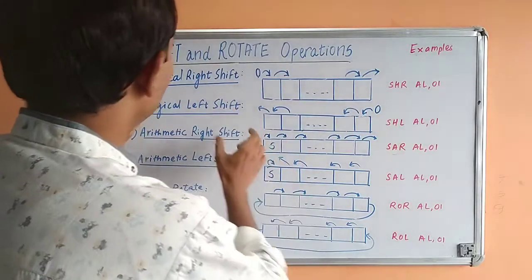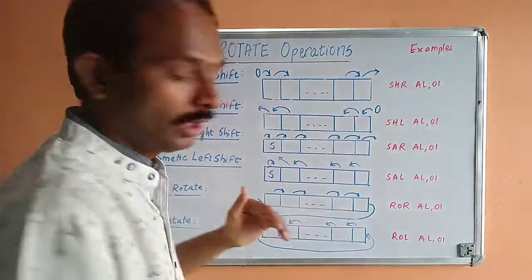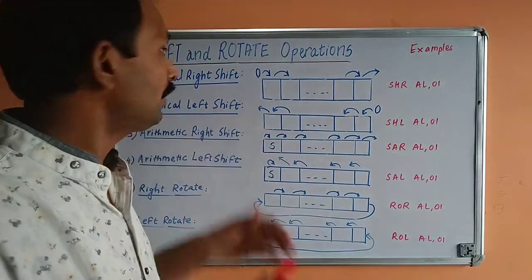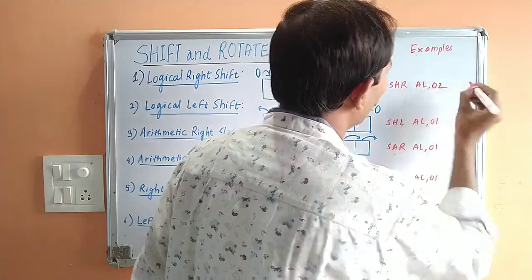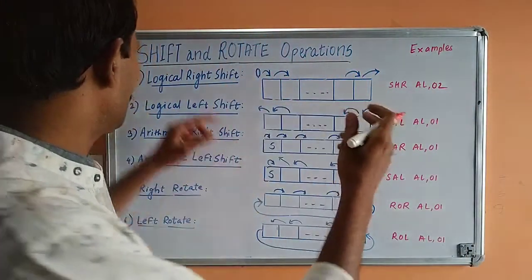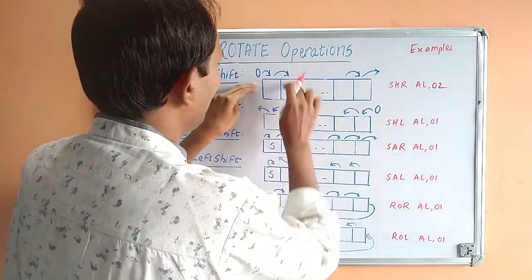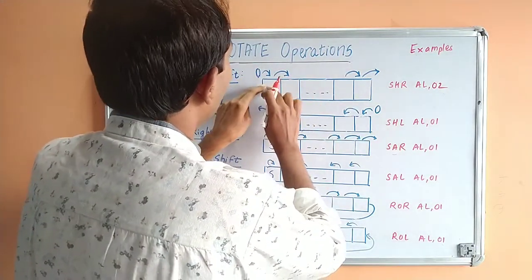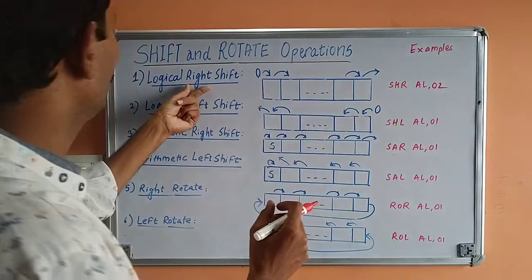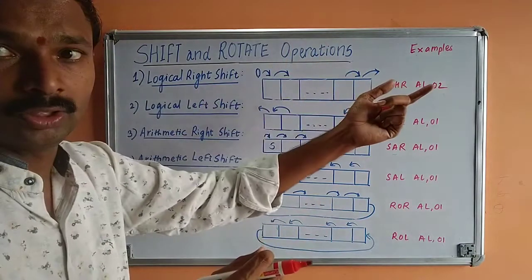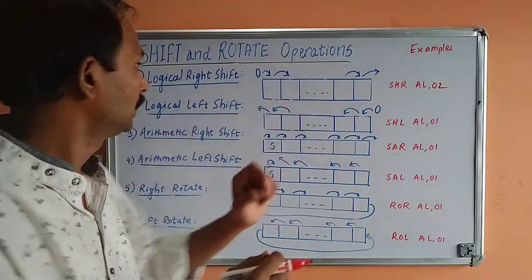Now the logical shift. As we have shifted to the right-hand side, we can likewise shift to the left-hand side. If I write 0 2, a 2-bit shift is performed on the right-hand side. So these zeros are appended: this 0 will come here, again it will come here, and another 0 will come. So it is known as 2-bit shifting on the right-hand side. That too is a logical shift. We will take one example for this also.